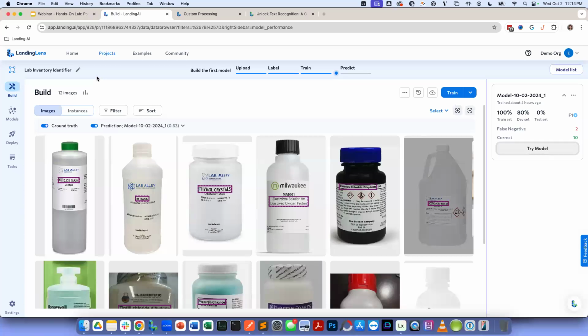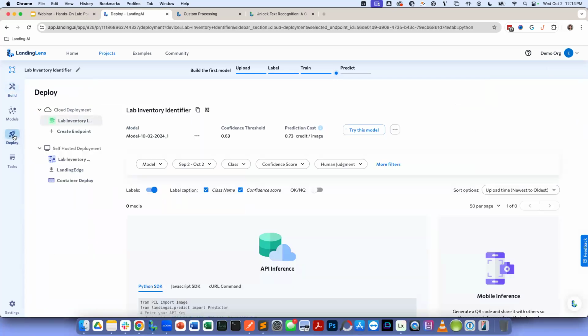In this case, I don't actually need to deploy this model, but I do need to make sure I have access to LandingEdge. So just if you are following along and you don't have LandingEdge installed, you can go ahead and click this button here. It may also show in sort of a three-fold option here if you haven't created an endpoint yet, but just those options are there if you want to go ahead and download, while I showcase first how you can test